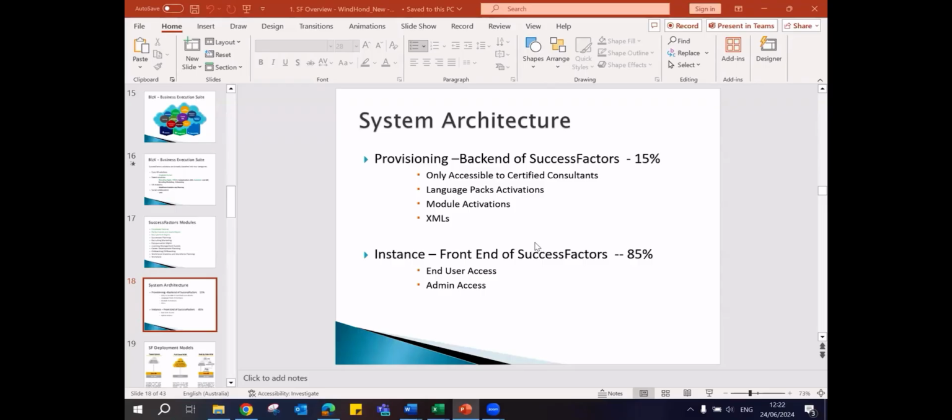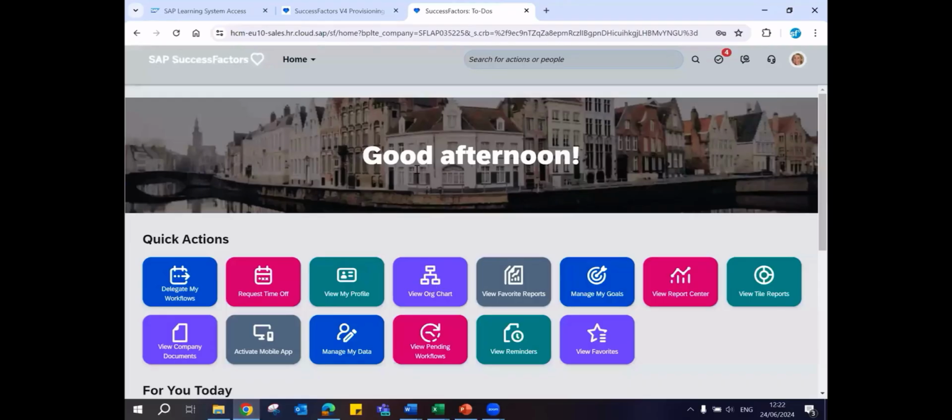Okay. And also to give you guys an understanding of the config part, I showed you the instance system, but how does a config actually look like? What do you as a consultant do? The config part, how does it look like? I'll also show you that. Before that, let me take a question.